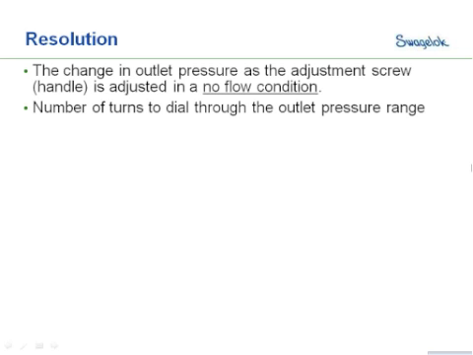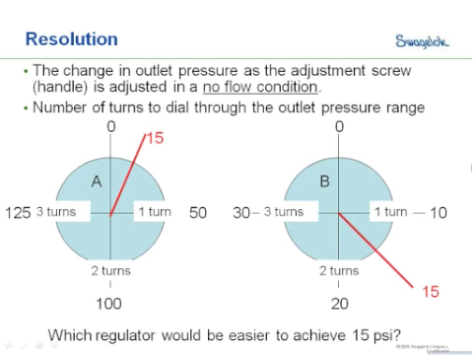Resolution in a regulator is the change in outlet pressure as you turn the handle, or as you adjust the handle in the regulator. And this is typically measured in a no-flow situation. It can also be described as the number of turns to dial through the outlet pressure range of the regulator. So as we look at this in a couple of examples, the regulator graphic shown on the left,